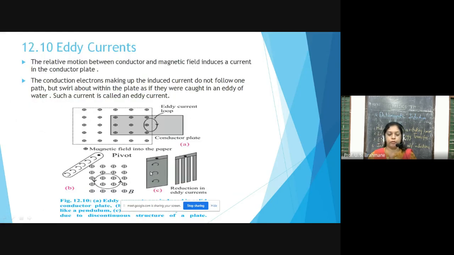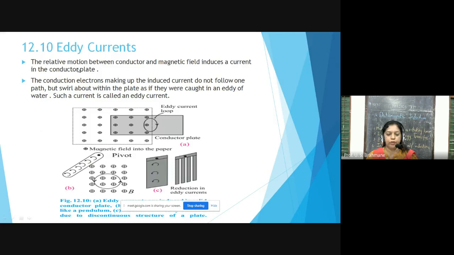The next point which we are about to take is eddy currents. The same principle applies here. What are eddy currents? What is the meaning of eddy? Now, if a loop is taken, the electrons move in only one direction, in one ring, you can say. But here, instead of a single loop or a wire, a plate is taken.